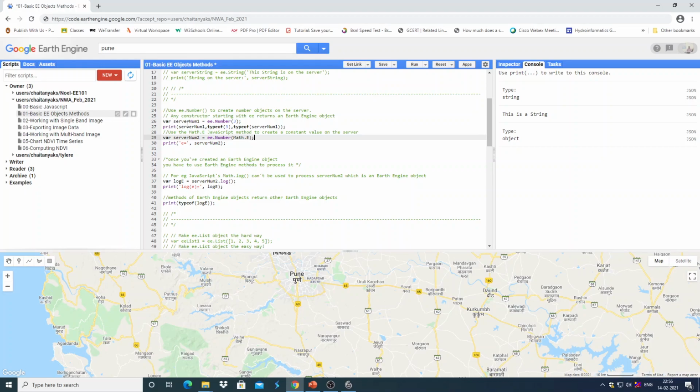Here we are declaring a variable and assigning the number 3 to server number 1 using the Earth Engine constructor ee.Number. So the type of server number will be an Earth Engine number object.